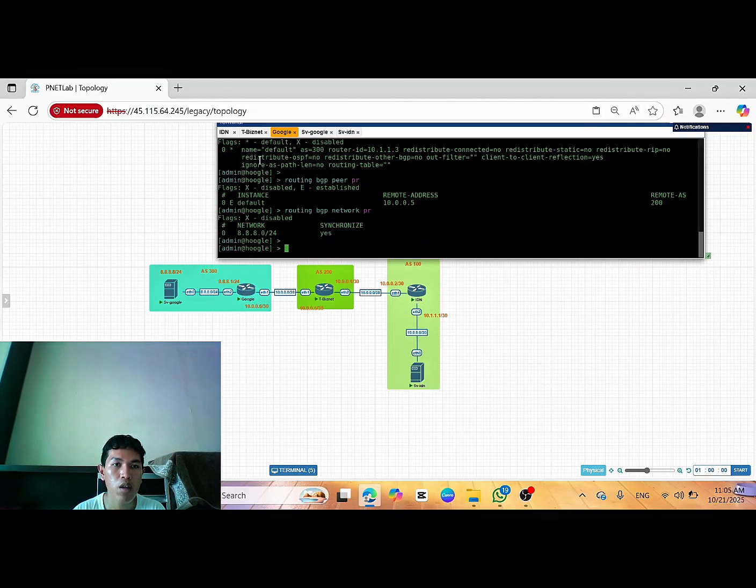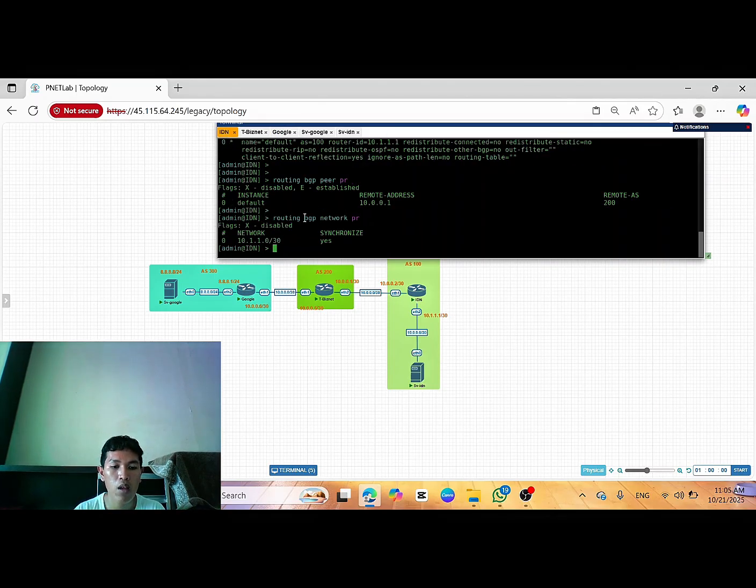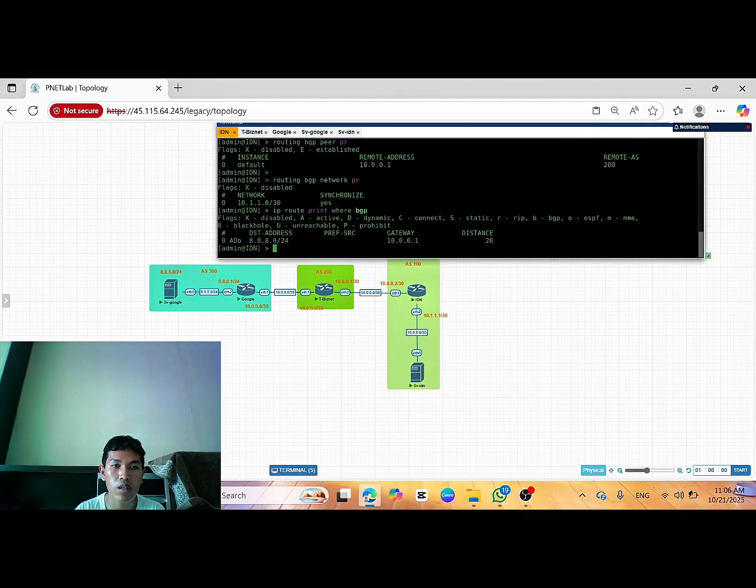Okay, you can see. And for the verification, from router IDN, IP route print where BGP, enter. You can see this IP has already been advertised.